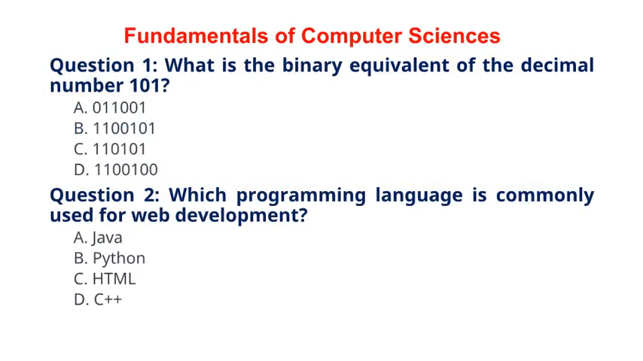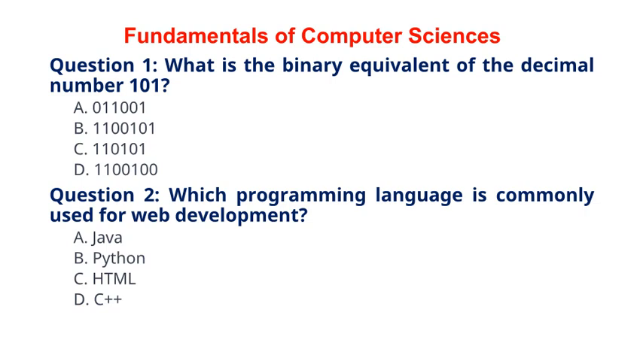Let us try to solve some important MCQs one by one from the topic. Question 1. What is the binary equivalent of the decimal number 101? A. 011001. B. 1,100,101. C. 110,101. D. 1,100,100. The correct answer to question 1 is option C. 110,101. Explanation. The binary equivalent of the decimal number 101 is